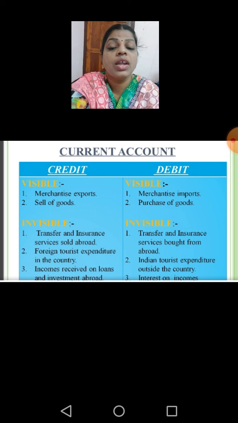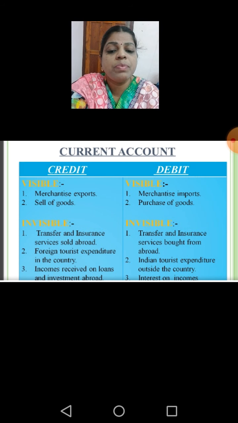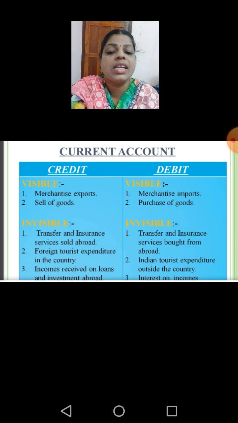And what about the debit item? That is visible and invisible. So here also the merchandise imports, purchase of goods. So we have to purchase. We also have to